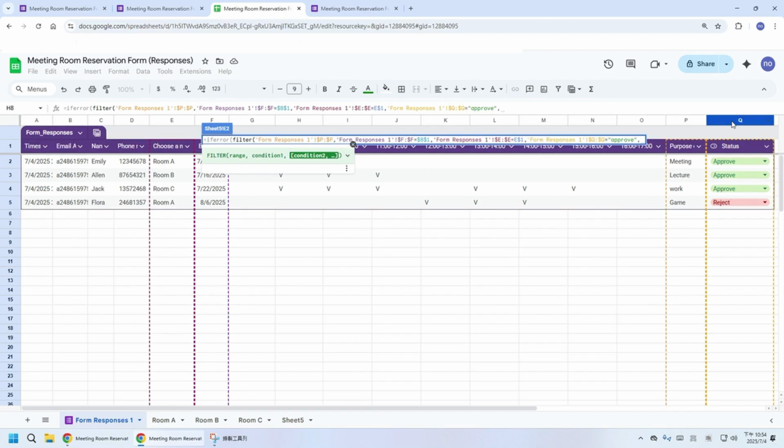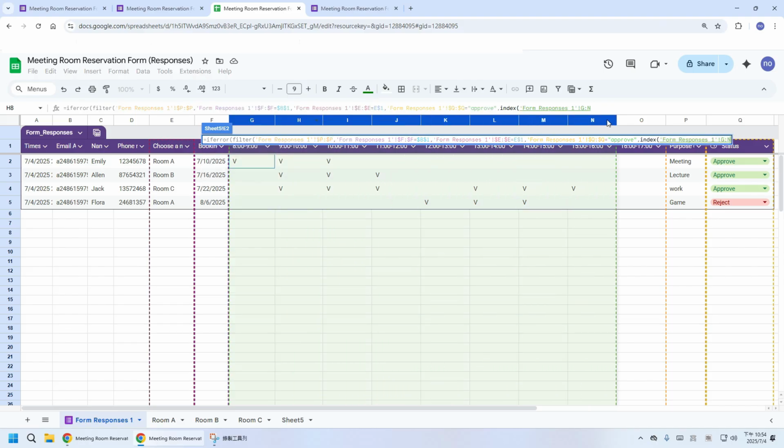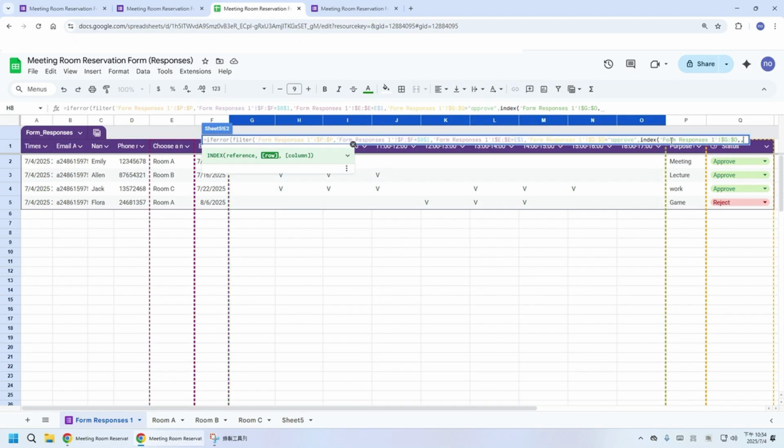The last part, the corresponding time has been checked by the customer. Here we use the formula INDEX. Let's select the data range you want to use first. The same needs to be locked. Then, all the content from the rows needs to be retrieved. So we don't enter anything here, we'll just add a comma to move on to the next part. Finally, we need to return the data from the corresponding columns one by one.